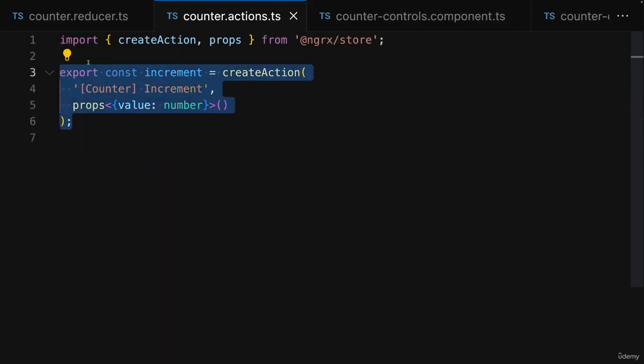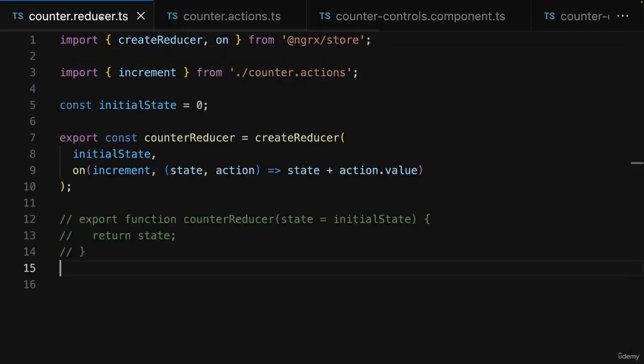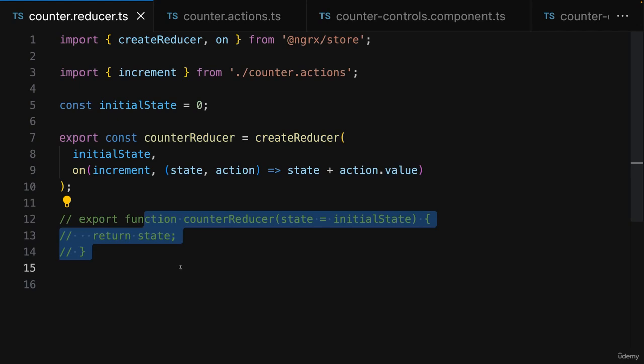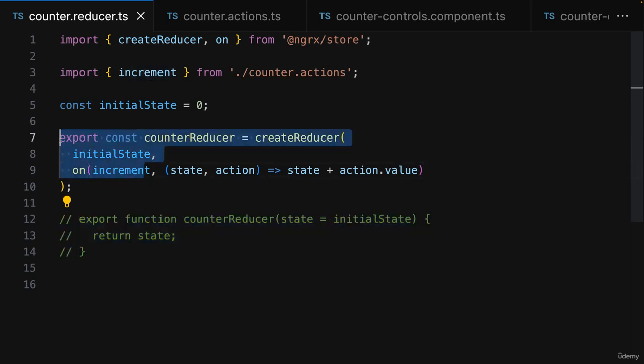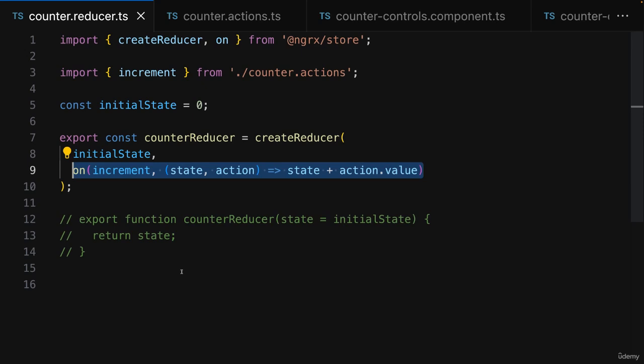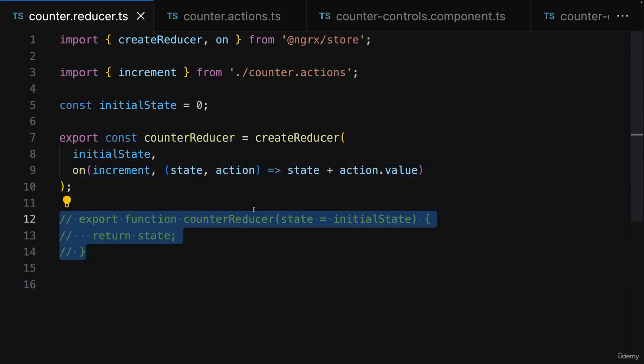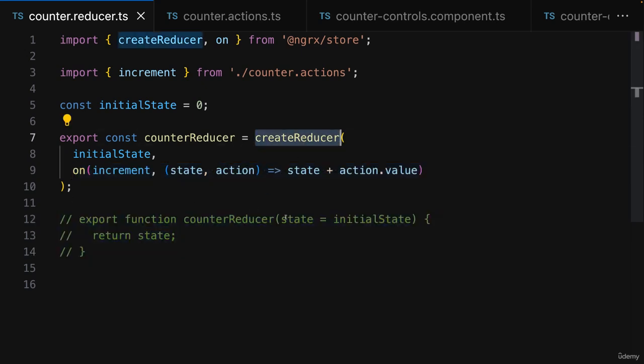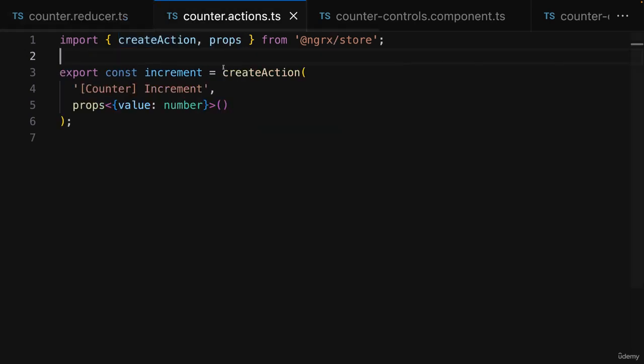So you now learned about actions. Earlier in this section, you learned about reducers and this alternative way of defining your reducer functions. And now I want to come back to this alternative approach. I want to redefine this reducer, which now does contain some state-changing logic, using this syntax, so without createReducer. And I want to do the same for the action and show you how you could